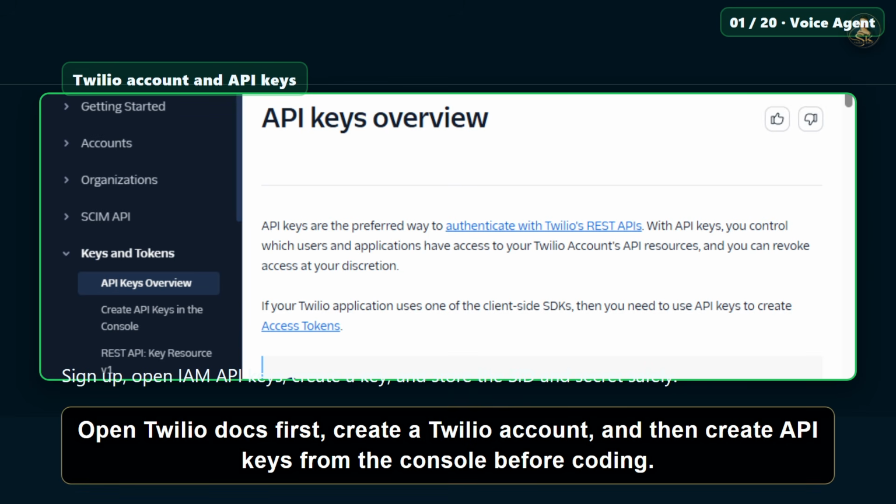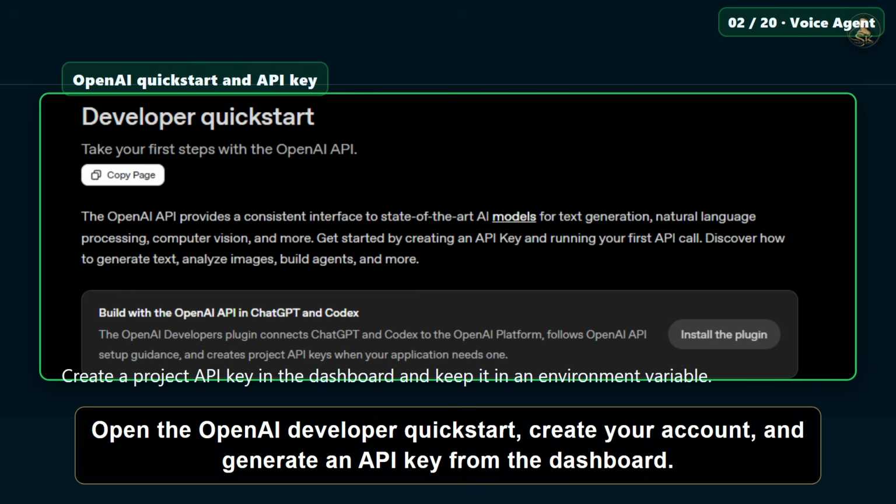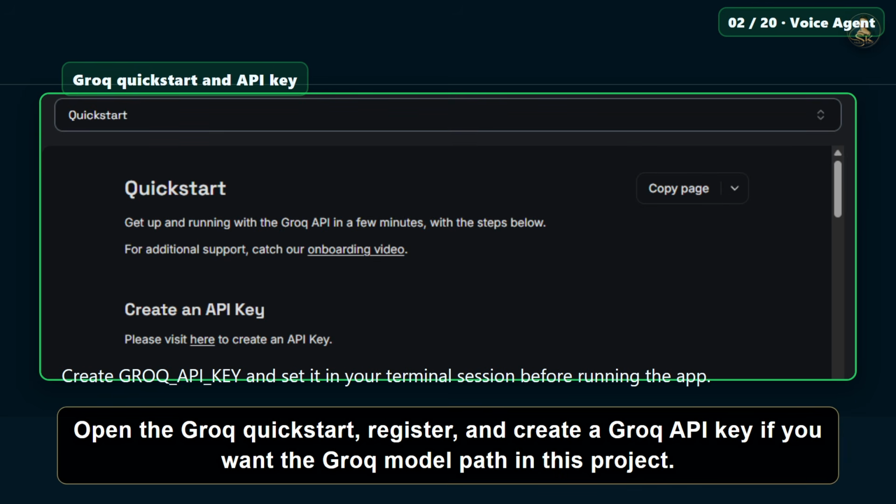Open Twilio docs first, create a Twilio account, and then create API keys from the console before coding. Open the OpenAI Developer Quick Start, create your account, and generate an API key from the dashboard. Open the Groq Quick Start, register, and create a Groq API key if you want the Groq model path in